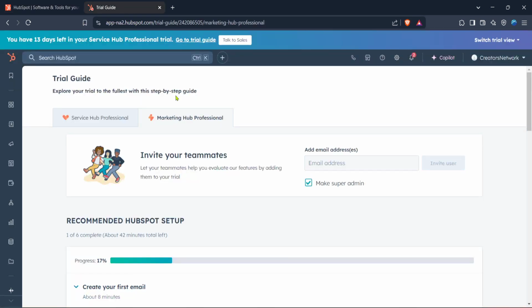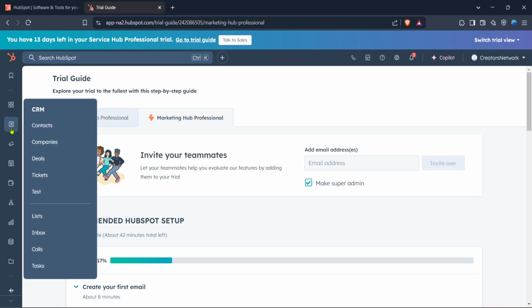Once you've successfully logged in, you'll be directed to HubSpot Home. From here, you will find a plethora of options regarding what you can do on the platform. However, to specifically manage your contact emails, click on the CRM tab. CRM stands for Customer Relationship Management, and it's where you can find all your contacts, deals, and more. Next, locate the Contacts section. Clicking on this will display a list of all your current contacts.